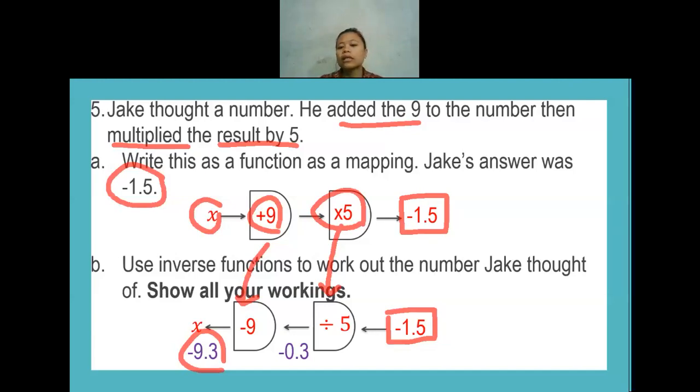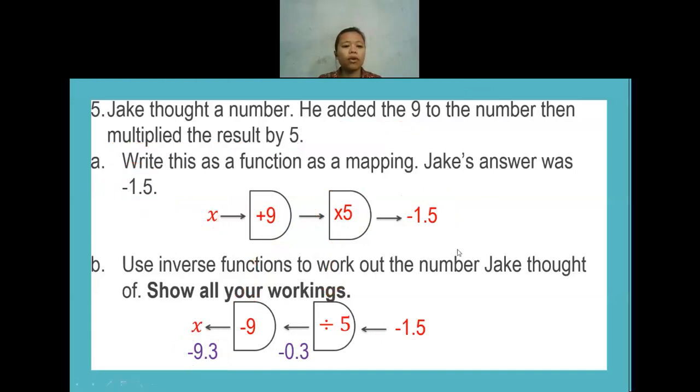Okay. Is there anyone else still having any question or need to clarify anything? Is there anyone? No? For sure? I'm checking the chat box first. If there is anyone having any question, let me know. Okay, no one said anything in the chat box, so I think it's already clear enough for you. I will move to question 6.